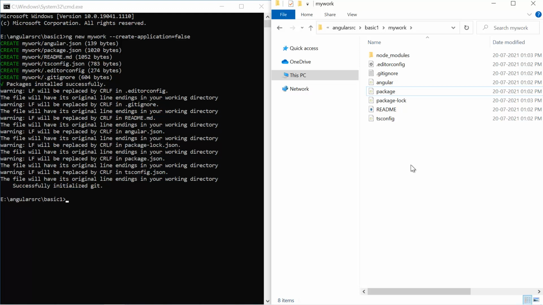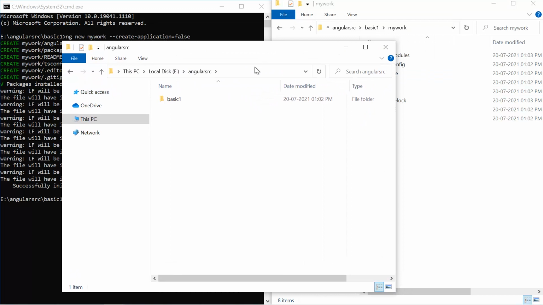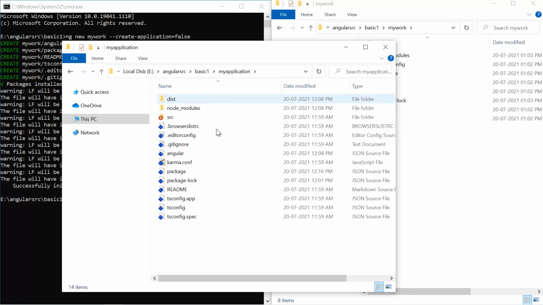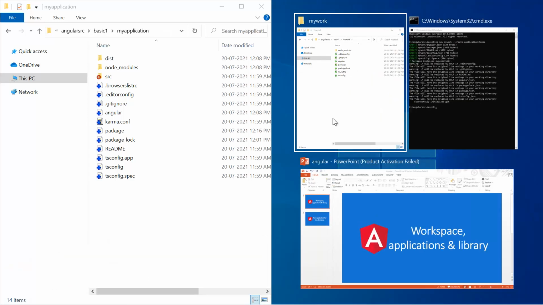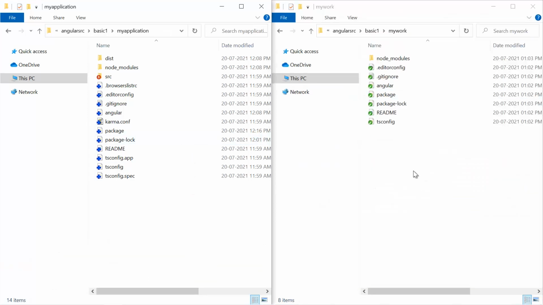Now I will open the source code of the application that we created in the previous video, and I will compare that application's files with the workspace. Here we are in this basic one. Let's open this one, and now we have to use this my application. Let's put it this side. Here you can see that first we have this dist folder that is not available over here.